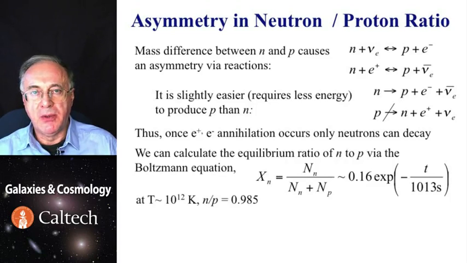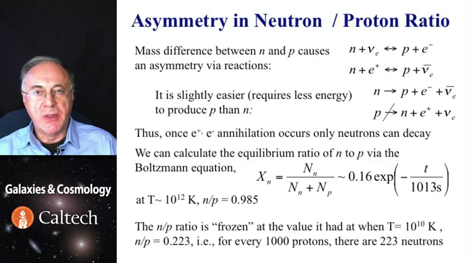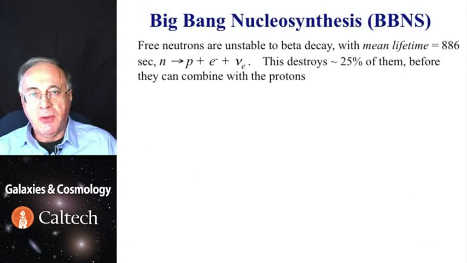We can again compute the ratio of neutrons and protons using Boltzmann's formula, and indeed initially at very high temperatures there'd be slight asymmetry due to the reasons we just described, but the asymmetry increases as the universe expands, and it finally gets frozen at the value of 0.227 when the universe is only 10 to the 10 degrees hot. So that's how many neutrons come out of the equilibrium, but then they start decaying in beta decay and have a mean lifetime of a little less than 15 minutes. So before they can be combined with protons into helium or other light nuclei, the decay destroys about 25% of